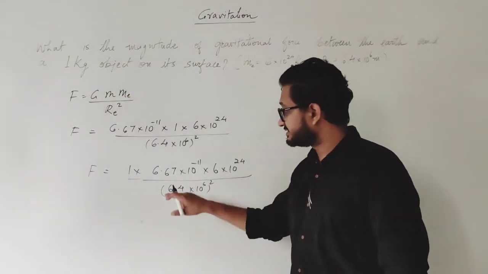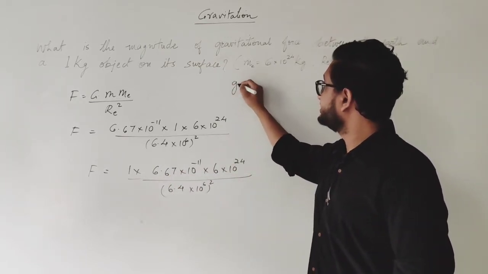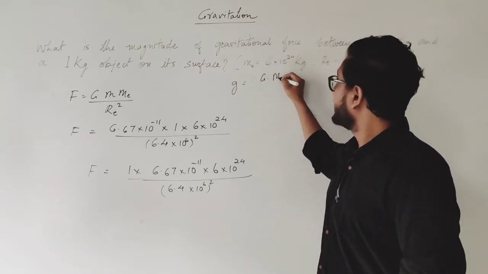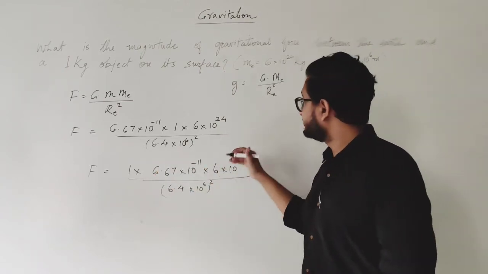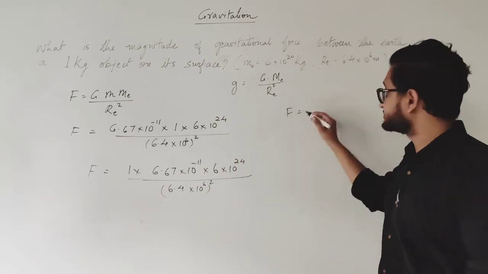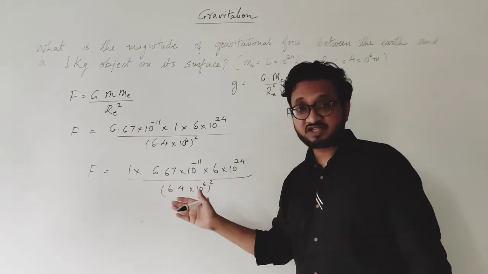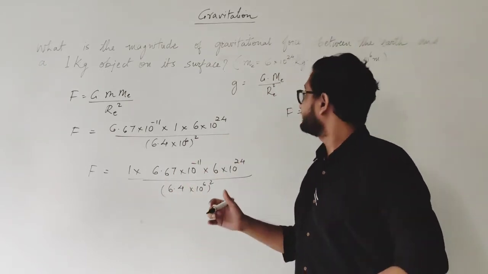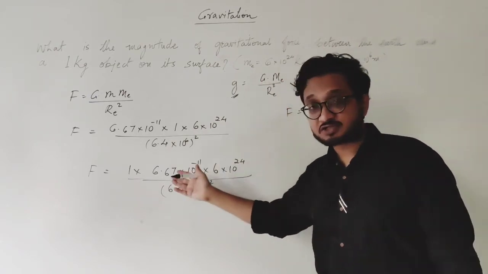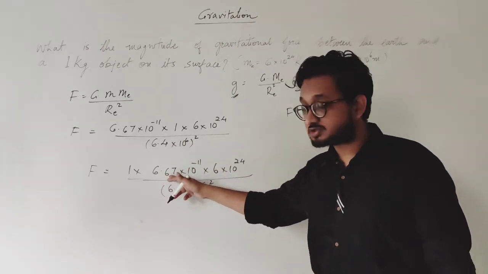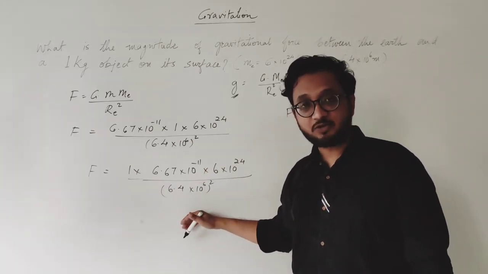As you can see over here, this is G m upon r square. Where have we heard about this? This is g is equal to G m upon r square. So all these values will give me F is equal to mass, that is 1, into G m upon r square. We have already solved this part of the numerical when we found out the value of small g, that is G gravitational constant, mass of Earth and radius of Earth. So same thing is over here, G that is gravitational constant, m that is mass of Earth and r that is radius of Earth. And these things are not going to change.